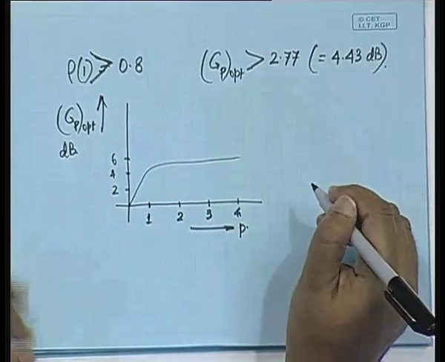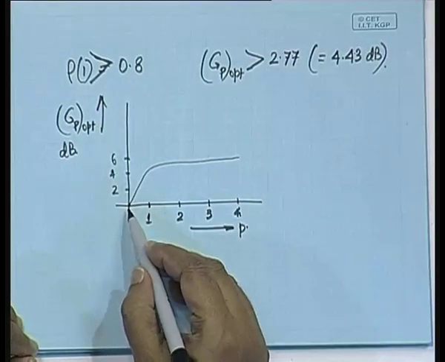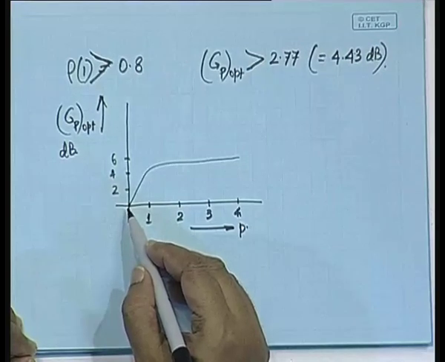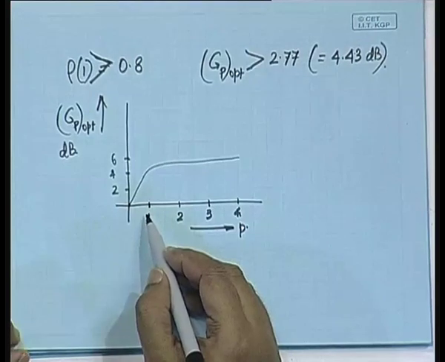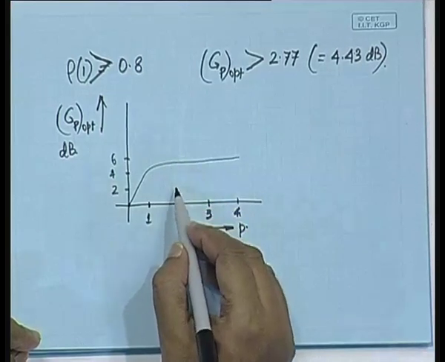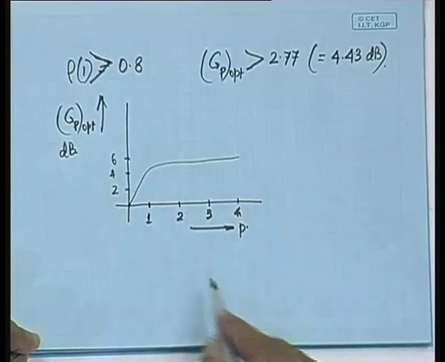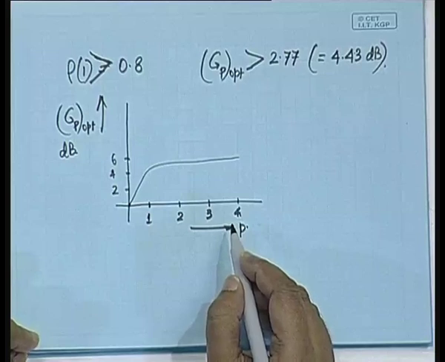So, you see that by taking P equal to 0, now P equal to 0 means what? P equal to 0 means you are not taking any prediction. Okay. You are not using the differential quantization at all. P equal to 1 means you have considered only up to one sample. P equal to 2 may be marginally better, but one thing is very clear, that it is not significantly better. So, if we go in for higher and higher values of P, which means going in for higher orders of predictions, okay, we are only marginally improving the gain, and in fact there is no point